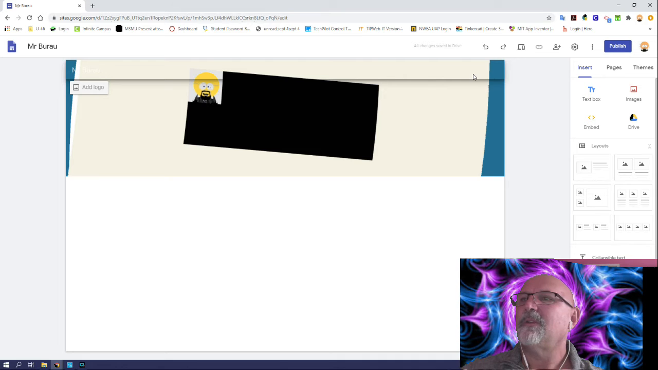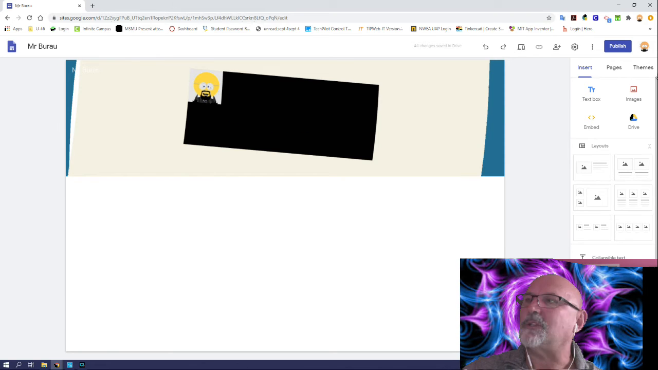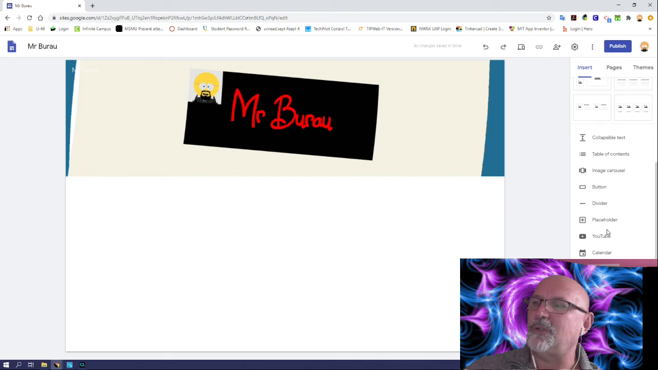All right, so I might have to change the color of that. But for now we're going to leave it as it is because I've only got the one page. So anything you want to add to your page, you have to insert it. That's using the insert button, and here's all of the different things that you have available to you to